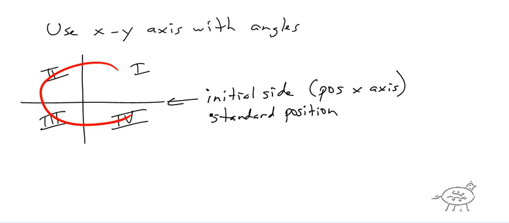So this is the initial side, and if I draw another angle here, this is, again, our terminal side. Okay, pretty easy. Angles don't have to stop